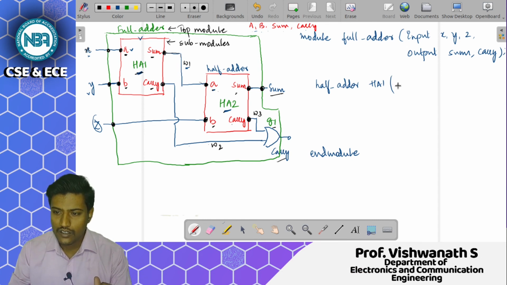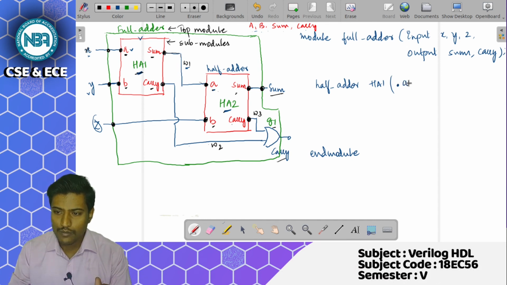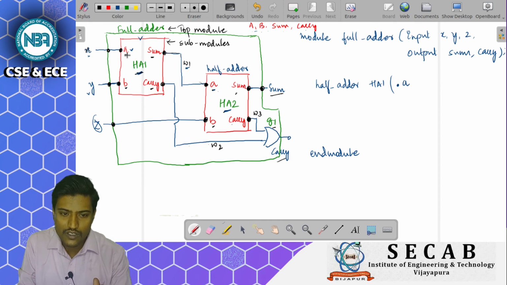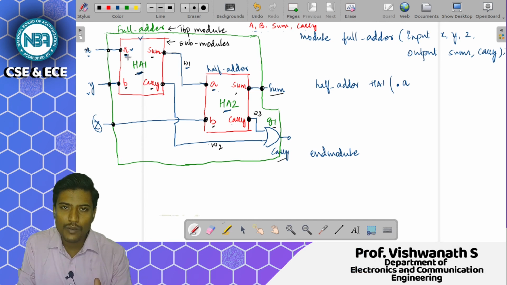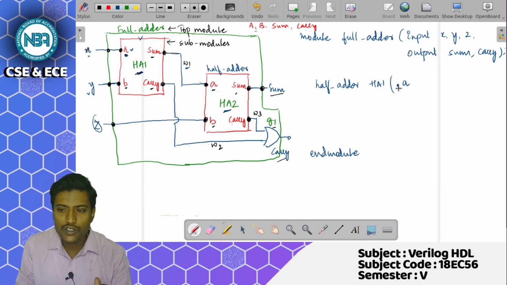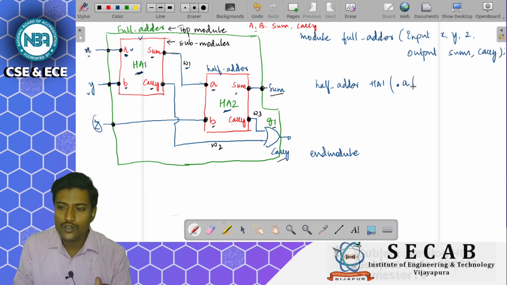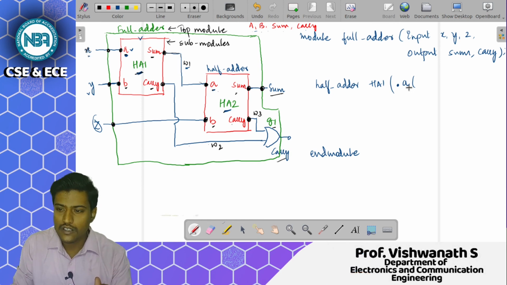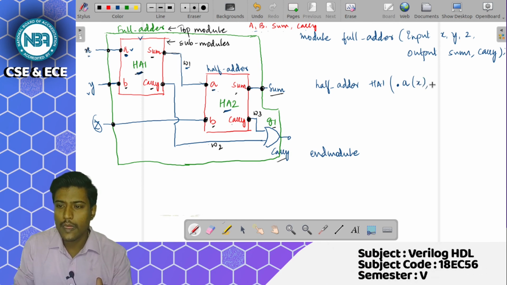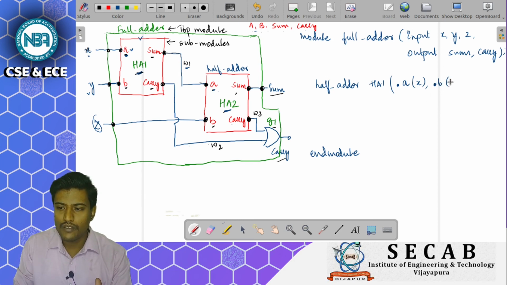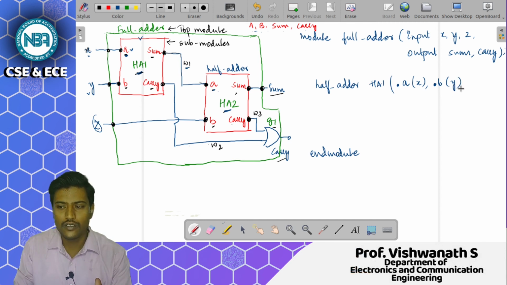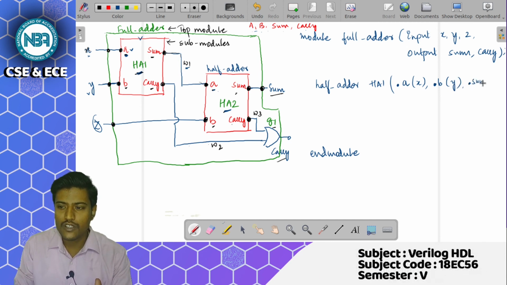This dot A represents the port name of this particular module. The port name of the module is represented with a dot and the port name. So dot A means that for this A port, X is connected, so I'll write dot A of X. For the B port, I'll write dot B of Y. For dot sum, W1 is connected.